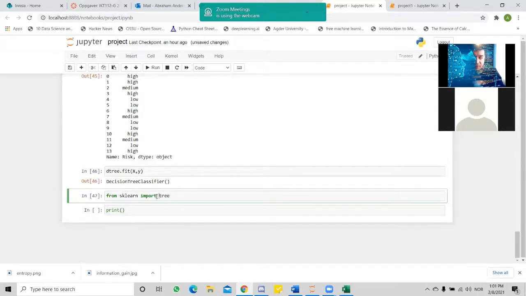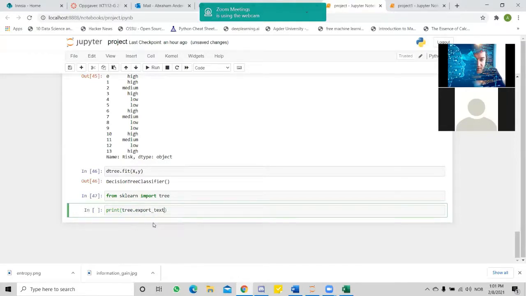So when I import this one, it means that I can use this entire subset of the library, and I will use, as you maybe remember from the previous lecture, an